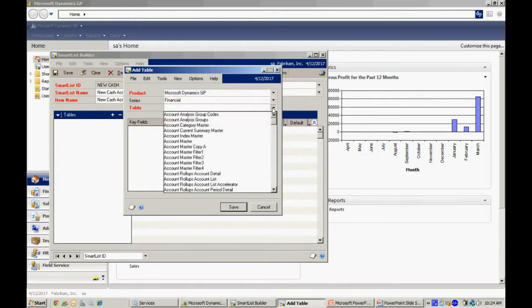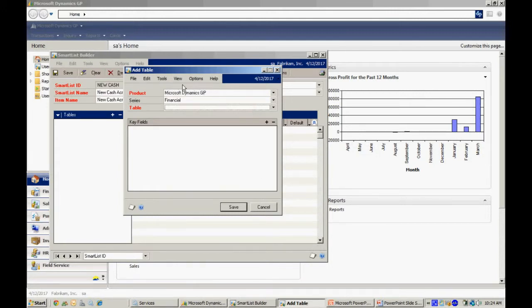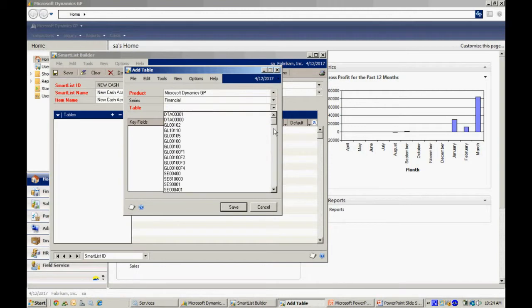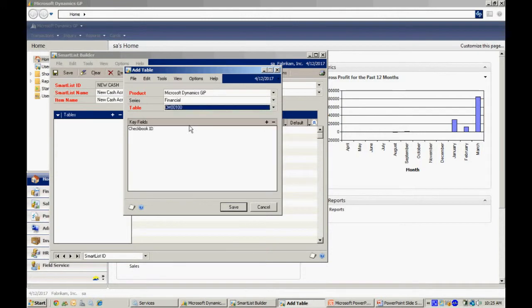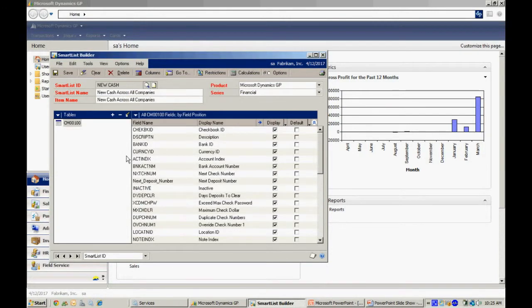Now there's a couple ways to look at it. Here I can see the display name on that. If I want to change that and look at the physical name, I can go up here and change it right here. And now when I look at it, I'm going to look at the table file names, table names as they are in the SQL database. So the one I want here is CM00100. That's it there. So I'm going to save that, and then you can see these are all the fields in that table,